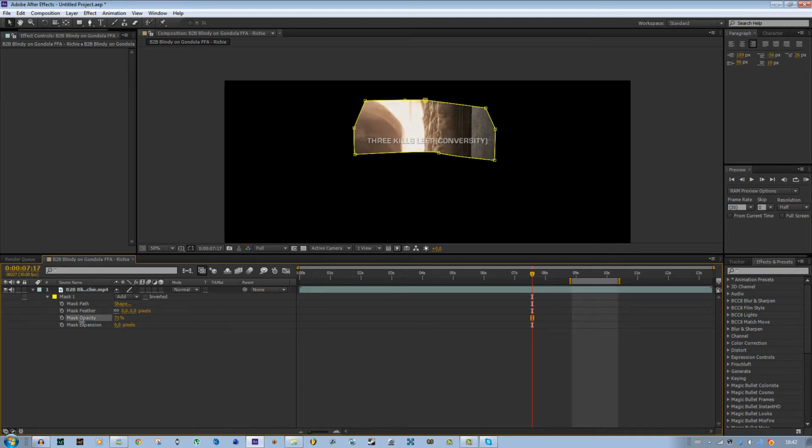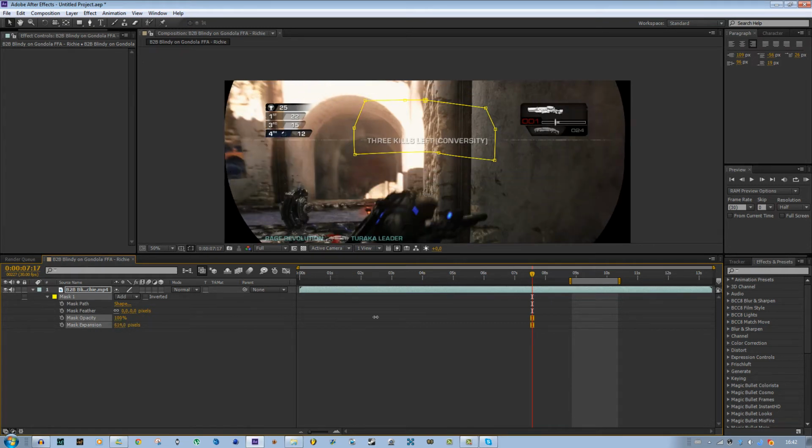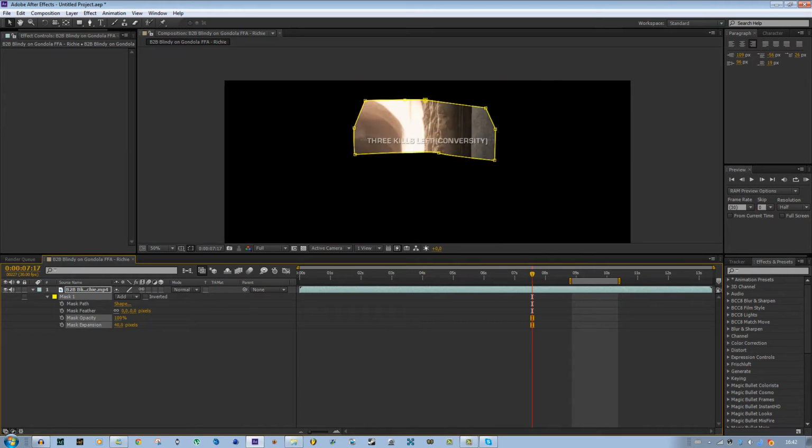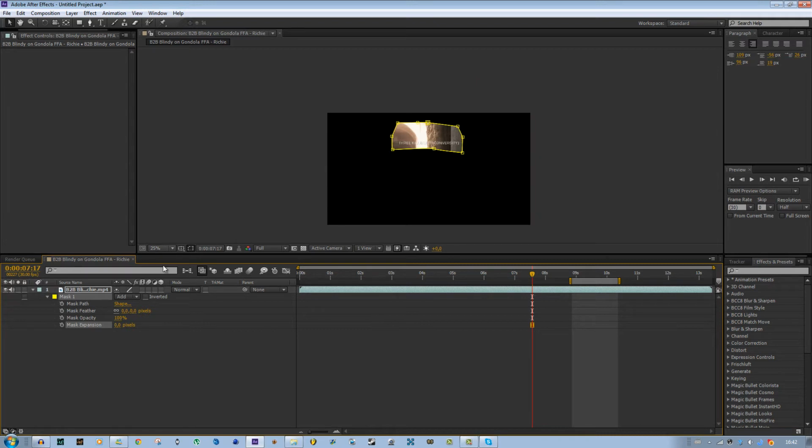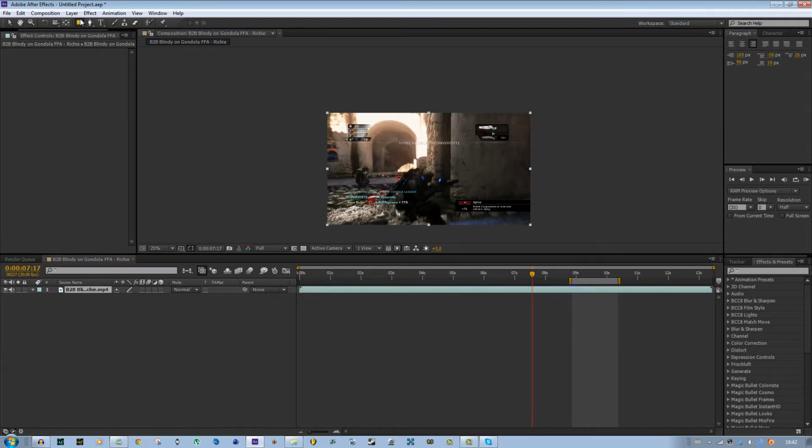The mask opacity is the opacity of the mask. And expansion, if you want to expand the edges or expand it back in. You can keyframe this too for a transition like this, like a reveal. Alright, let's put it back to 0. And yeah, so that's masks, and you can always just delete the mask, and you can always use these predefined